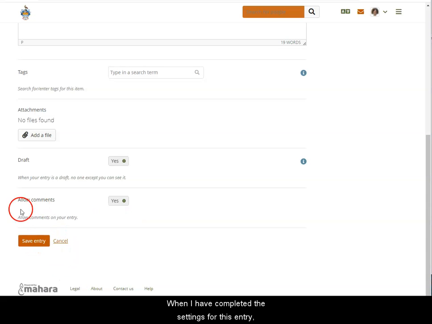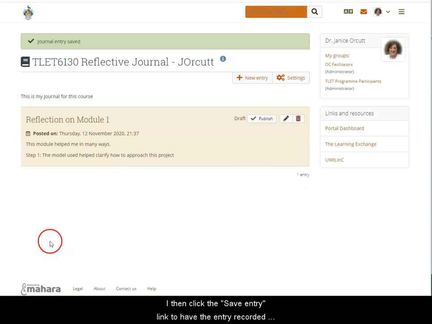When I have completed the settings for this entry, I then click the Save Entry link to have the entry recorded to my journal. I am then shown the contents of my journal. From here, I can edit the entry if I still need to by clicking on the pencil icon on the